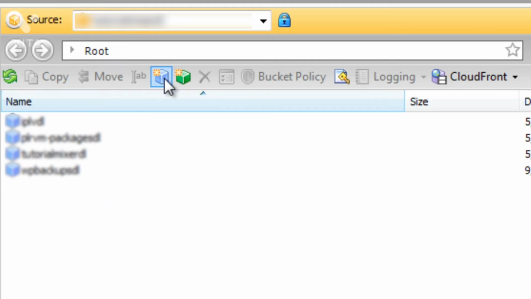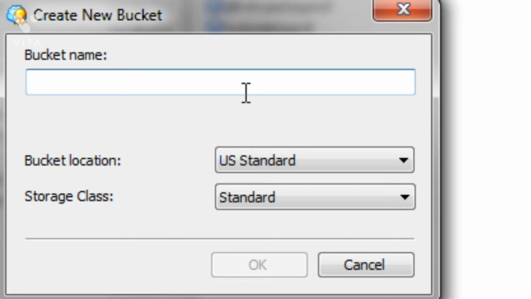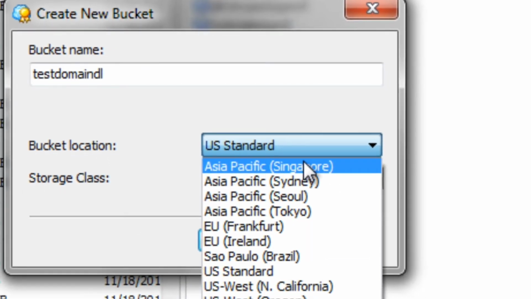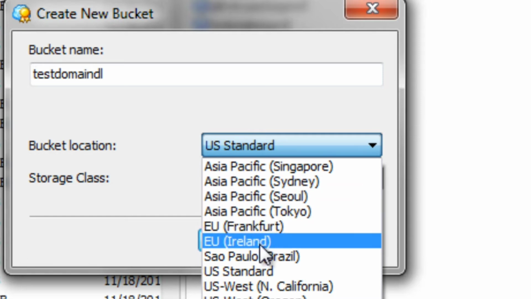All you have to do is click on the blue square icon. Then we create a bucket name. Keep in mind that you want to name it using a naming convention so that you know what that bucket is. The next thing is it's going to ask you for your bucket location, meaning are you going to upload the files to a server within a certain region like Singapore, Sydney, Australia, Tokyo, Seoul, Korea, Europe, or